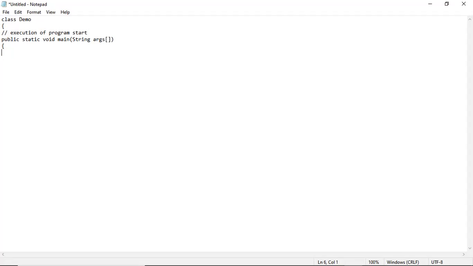So in Java, you use System.out.println, and whatever you write in a double quote, it is going to print as it is. It will be printed like this: System.out.println Java programming, right? After this, you just close the program.